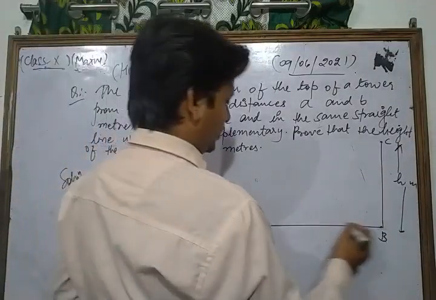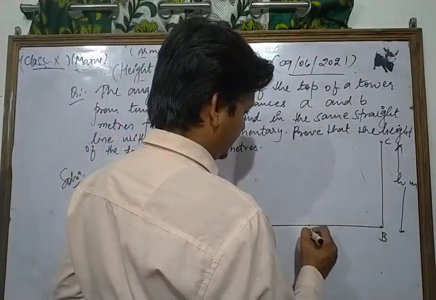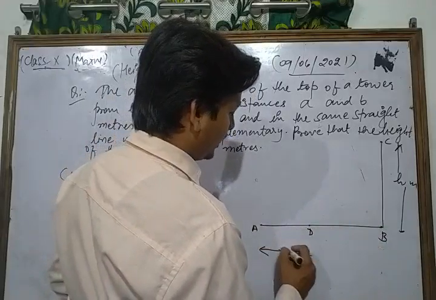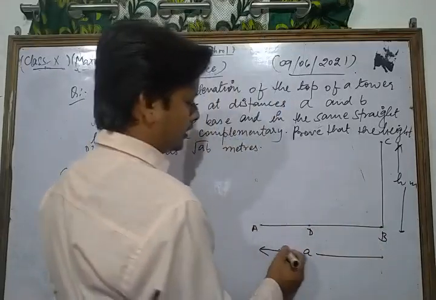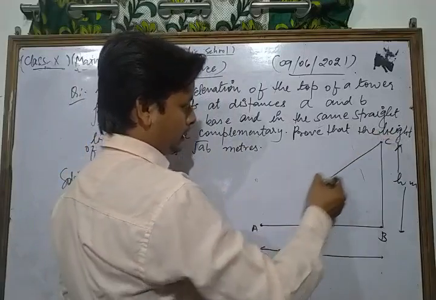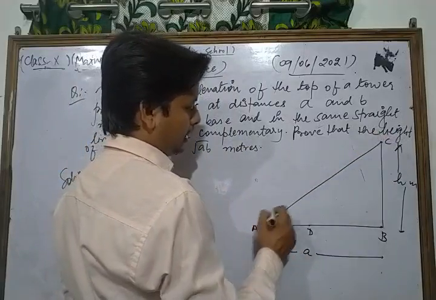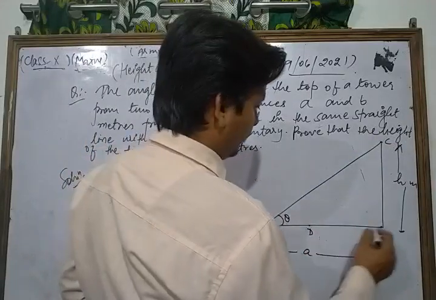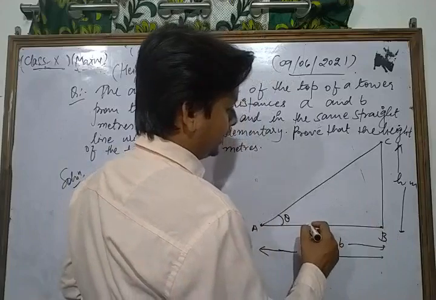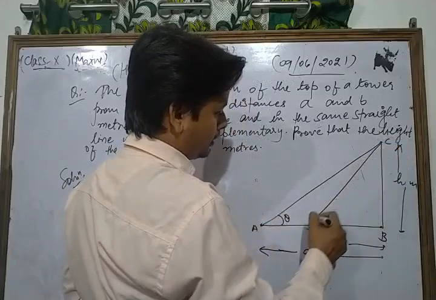Let us take, this is D. From the base of the tower, A distance away is the point A, and from there the angle of elevation is theta. Now from the base of the tower, B meters away from it is a point D, and from there the angle of elevation is